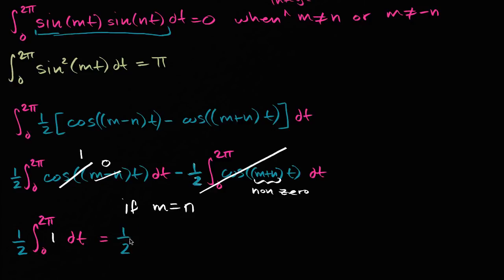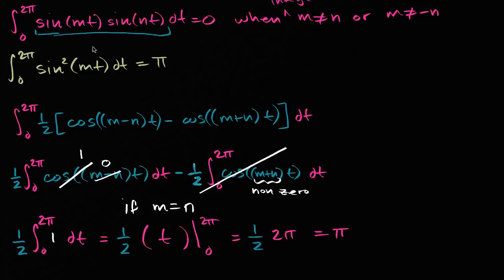So it's just going to be t evaluated at 2 pi and 0. And so that is going to be equal to 1/2 times 2 pi minus 0. Well, 2 pi minus 0 is just 2 pi. So I could just write that's 1/2 times 2 pi,